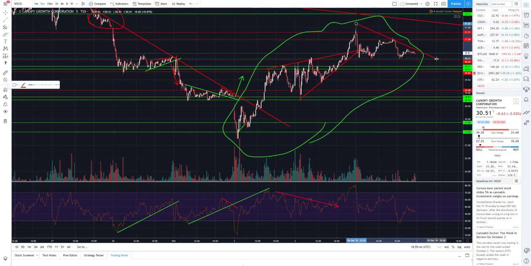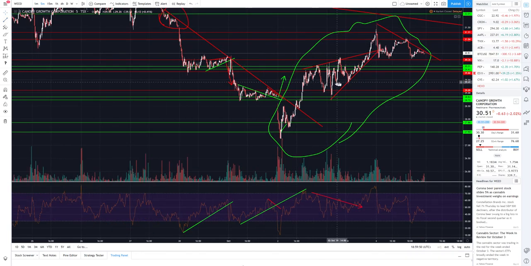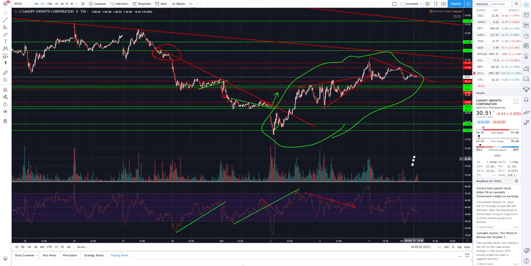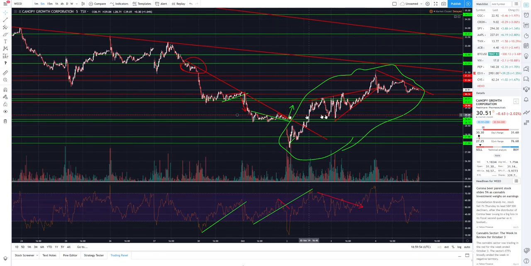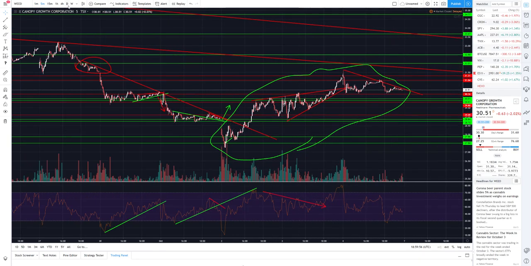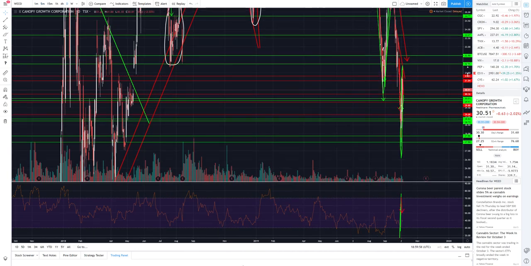So I'm not betting on this personally right now. It's not something I'm gonna bet on, but it's something I'm very interested in. So just look at this. After a massive downtrend,